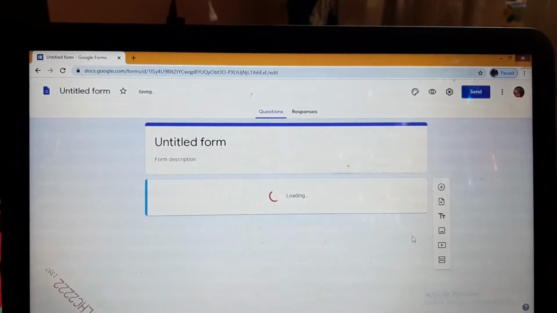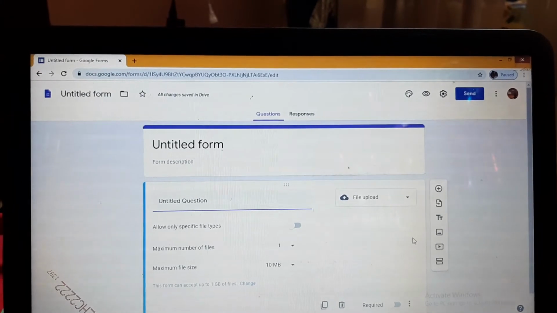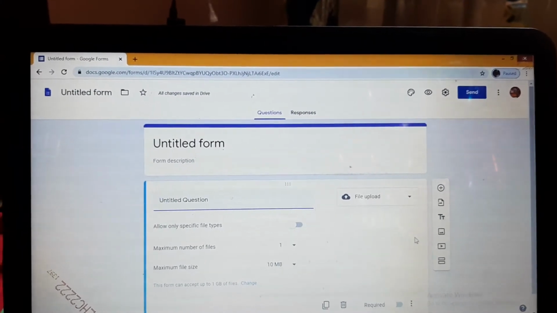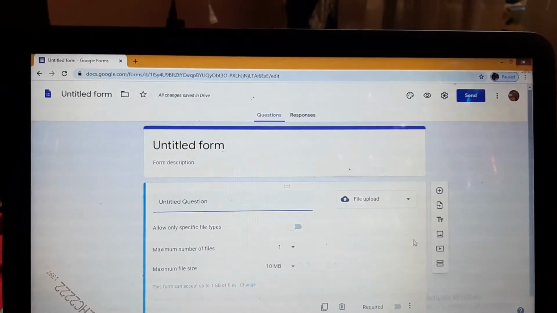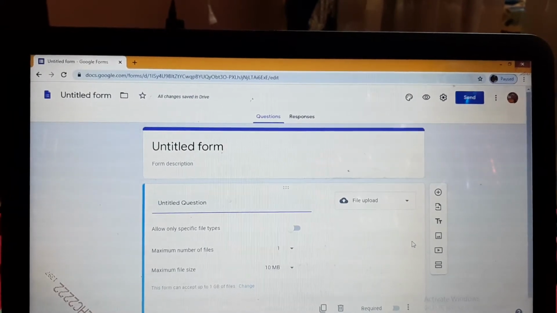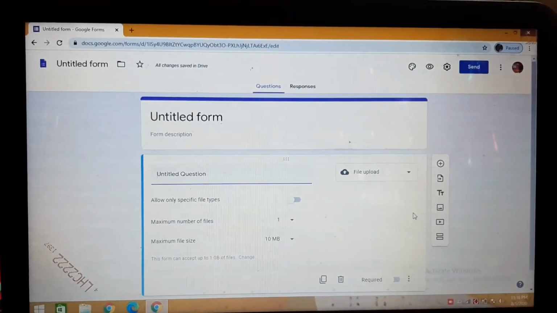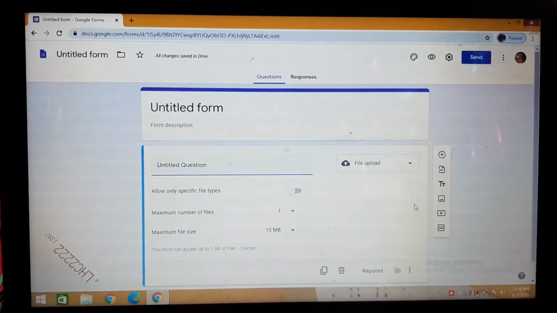Now when we are giving this option, when the answers come along with the form in a PDF file, those PDF files will be opened in our Google Drive. Whatever answers we get in the form of PDF will open into our Google Drive. From there we can check and then evaluate.